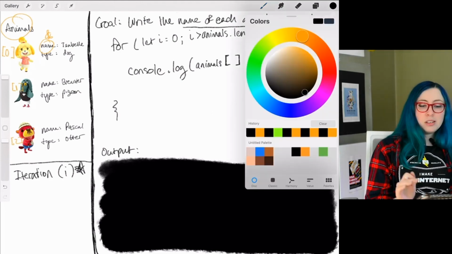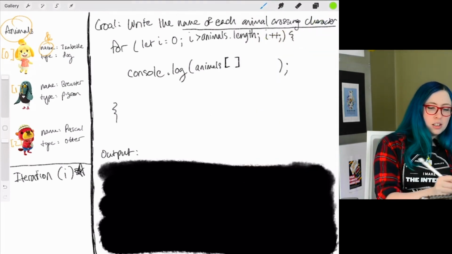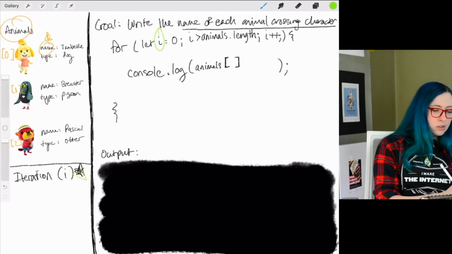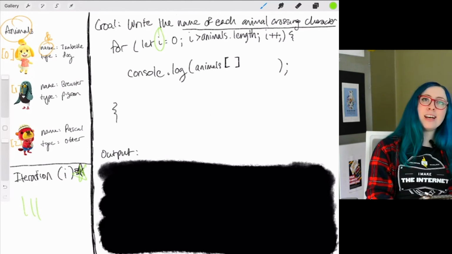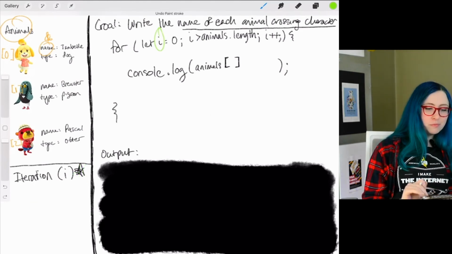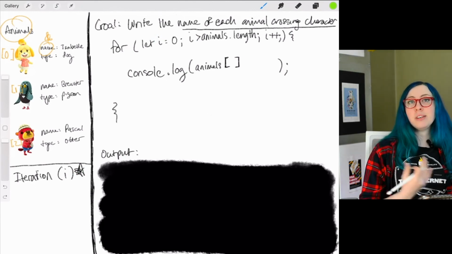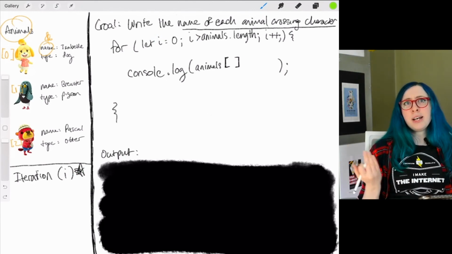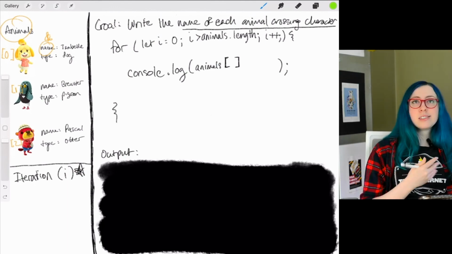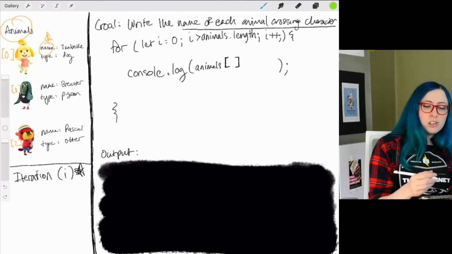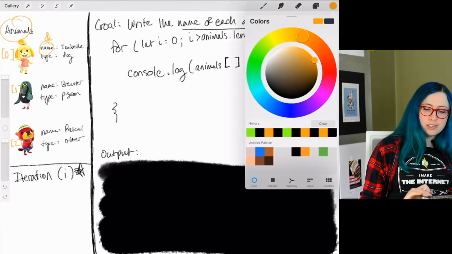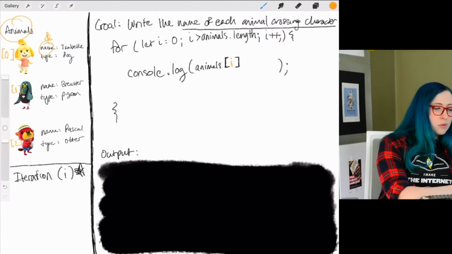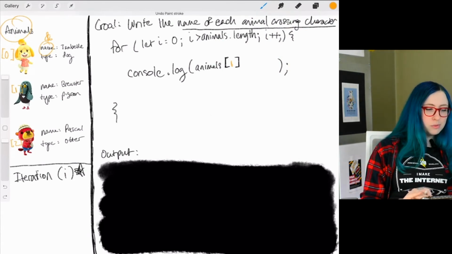Got any ideas? Well, if you said, aren't we keeping track of that with I? Isn't that what iteration over here is? You would be absolutely right. We are, in fact, keeping track of this in our tally box over here in iteration. What's really handy about the I variable in for loops, and you can name it anything you want, but I for iteration really is standard practice in the industry, is that it lets you say, let's use orange here because it's a little easier to see, if you use I, it's always going to look at the tally and then go grab the animal that you want. So really, really handy.